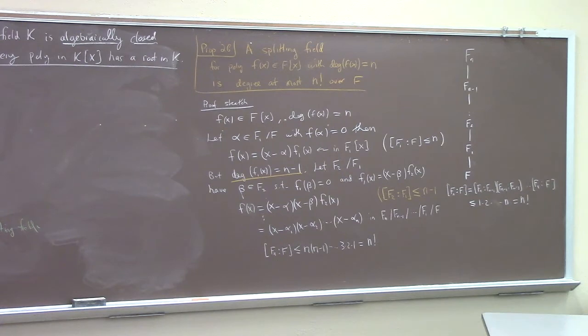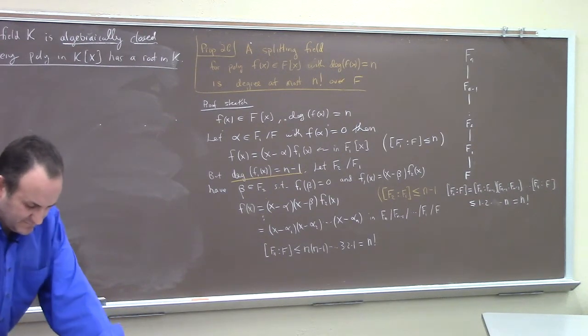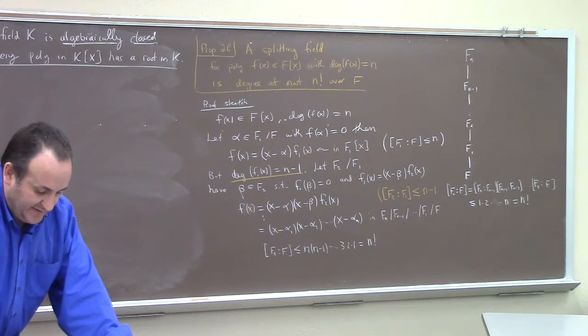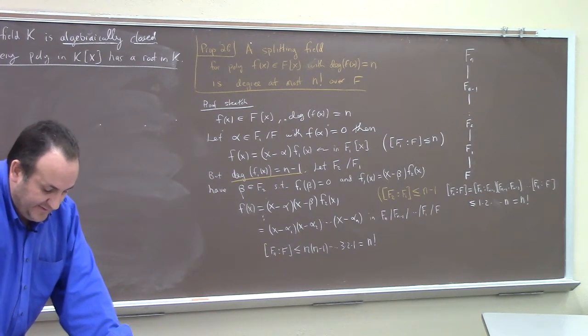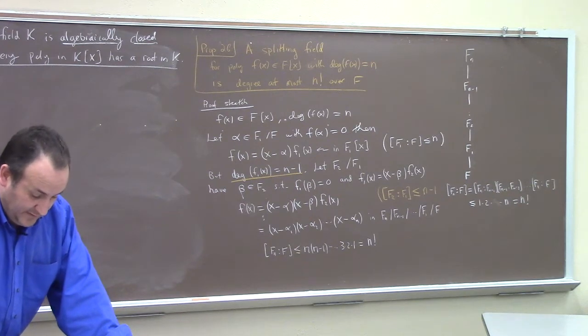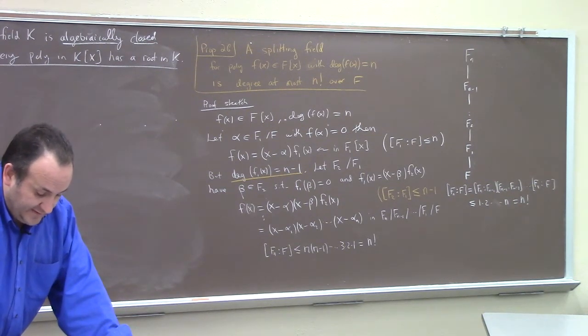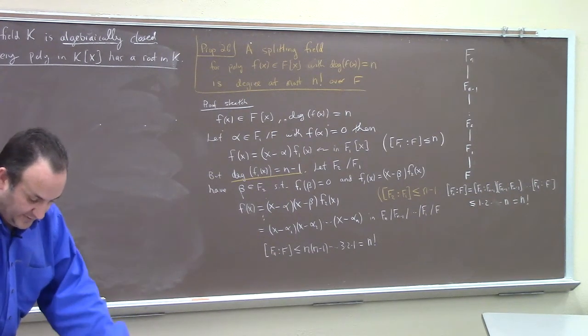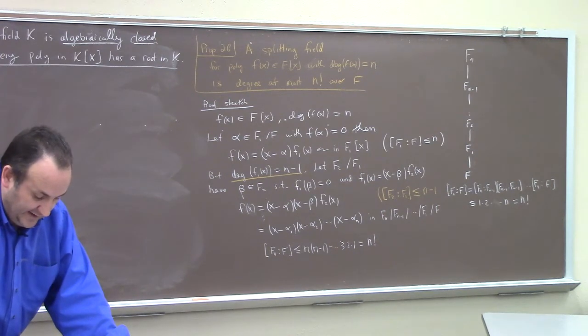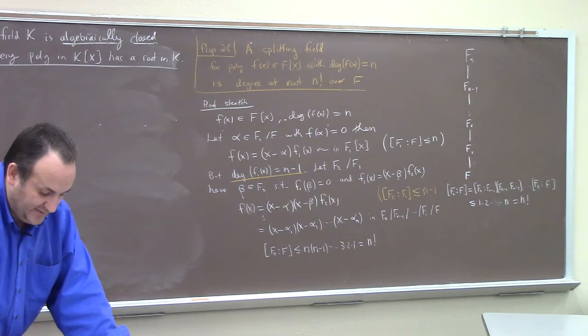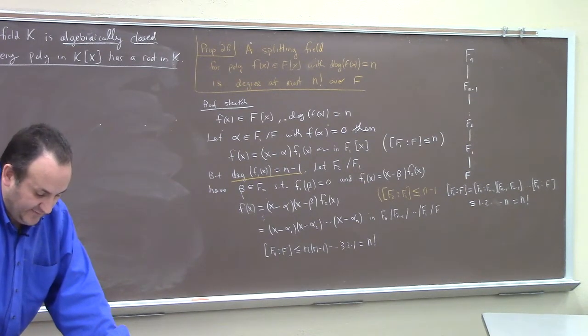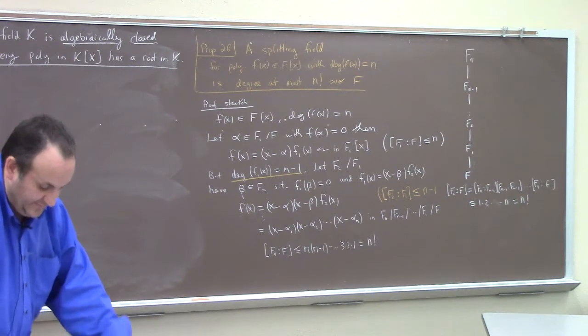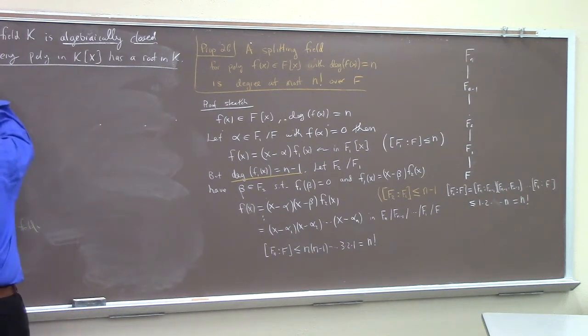So he says, read paragraph here. He said, it is not obvious that algebraically closed fields exist, nor that there exists an algebraic closure of a given field F. Note that if K is algebraically closed, then in fact every f of x has all of its roots in K by the argument I just outlined. So it has to split completely. Hence, if K is algebraically closed, then K itself is an algebraic closure of K. And the converse is obvious, so that K is equal to K bar if and only if K is algebraically closed. So, observation: